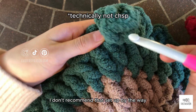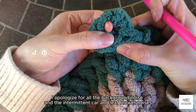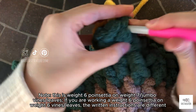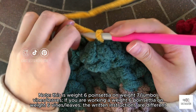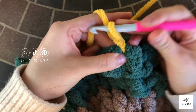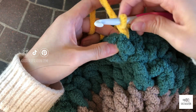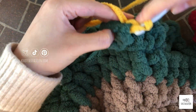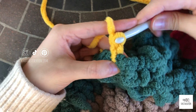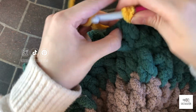Enter into the chain spaces, 1, 2, 3, 4, and then 5. So you just want to insert the hook here, and then pull up the yarn through, and I'm just going to pull the tail a little bit long, slip stitch, okay, and then we're going to SC 2 into each chain space, so 1, 2,